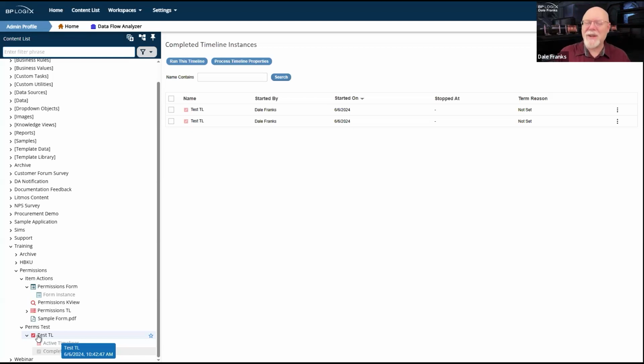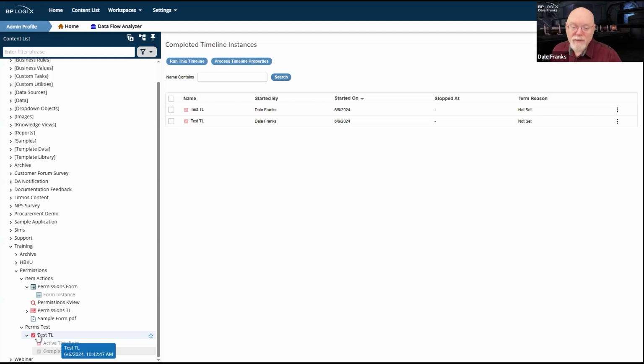So let's consider them child items of this timeline definition. What we call them are instances. So they're not child objects of the timeline. They are child instances of the timeline. So they are not content list object children. They are object instance children. And that is an important distinction to make.